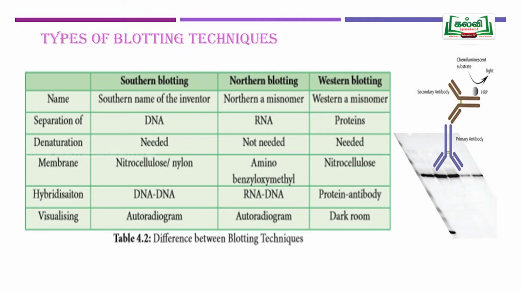Then we have to go for denaturation, by adding some alkaline buffers. So the double stranded DNA molecule will become single stranded. Then we have to go for autoradiography. In autoradiography, we use a known probe which is coated with a radio-labeled compound. That radio-labeled probe we have to pour over the nitrocellulose paper.